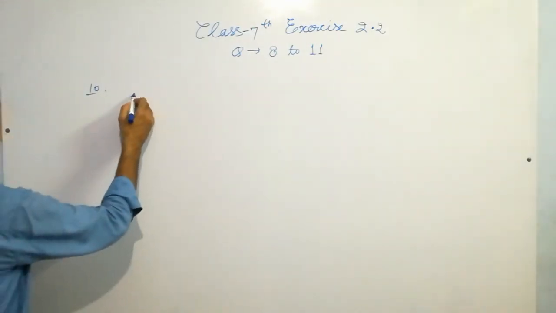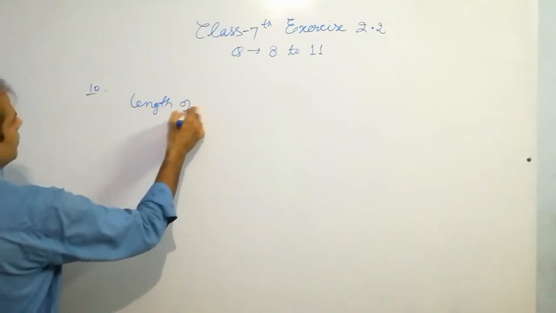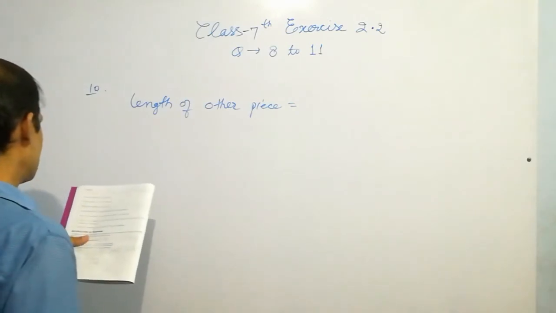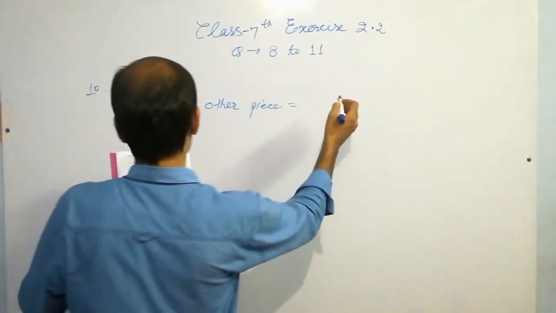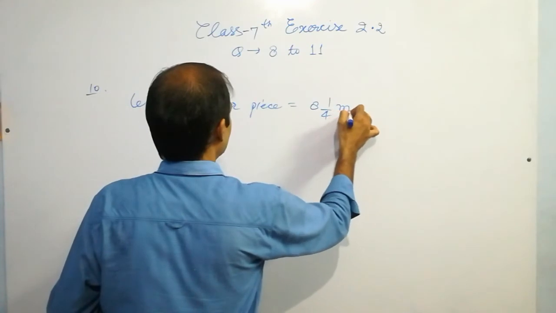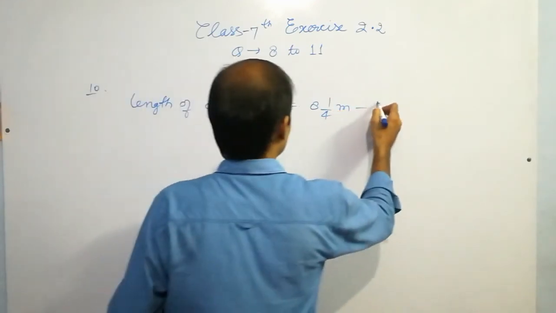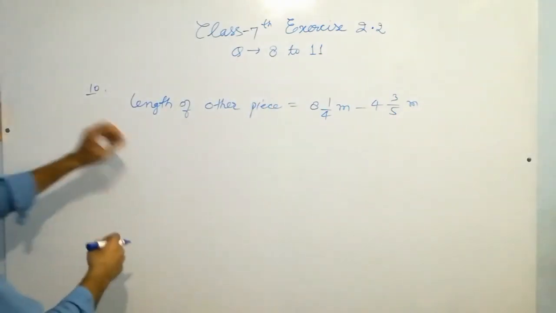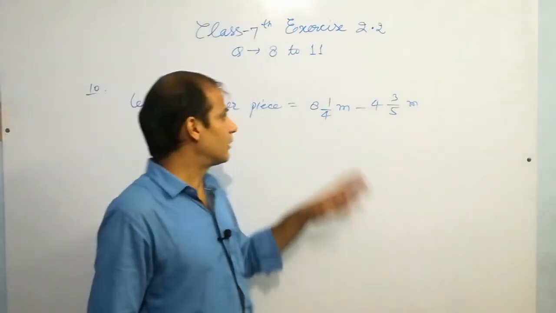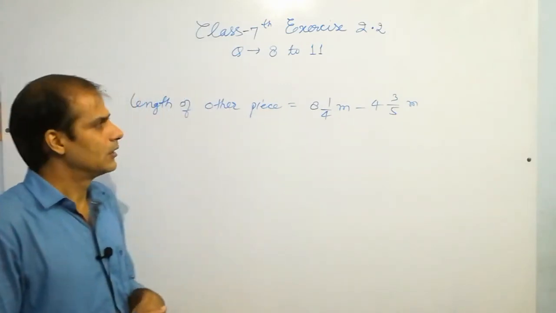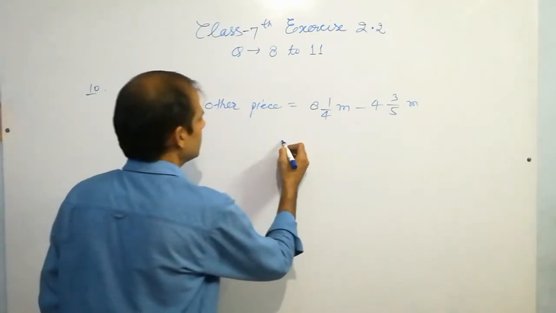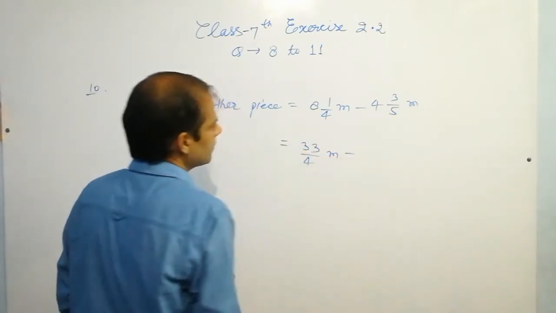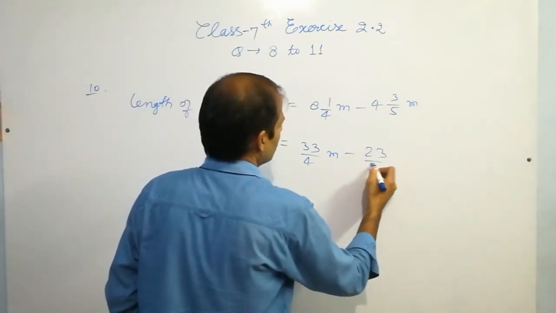Again it is subtraction. Length of other piece is, so write the total length, 8 and 1/4 meter minus 4 and 3/5 meter. Simply perform the subtraction by converting these mixed fractions into improper. So I hope you also can do it. This is 33/4 meter minus 23/5 meter. Okay,